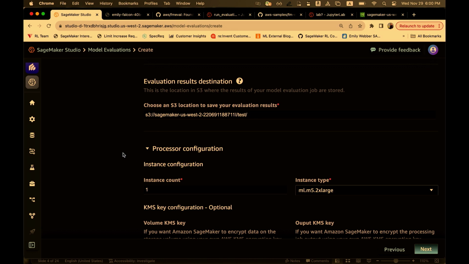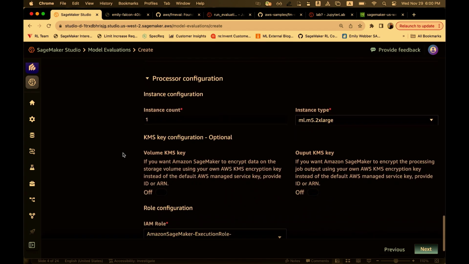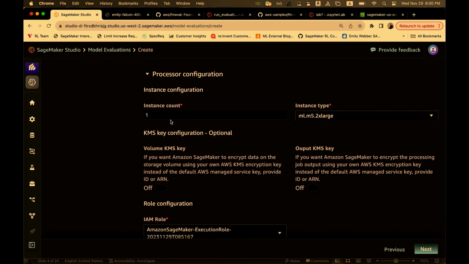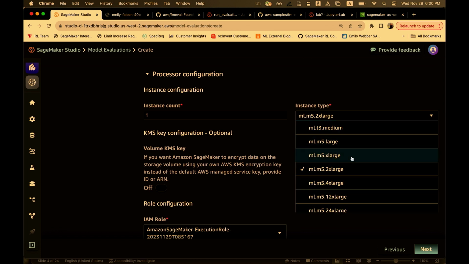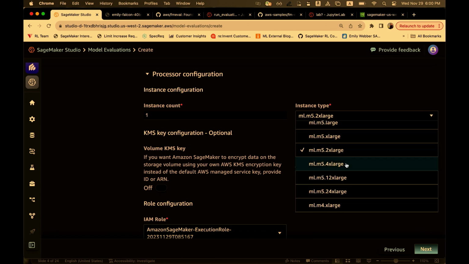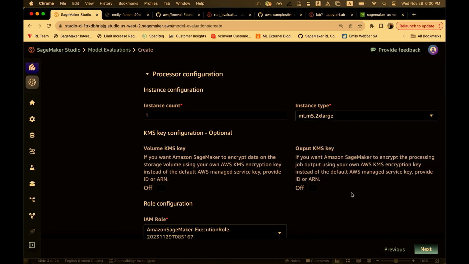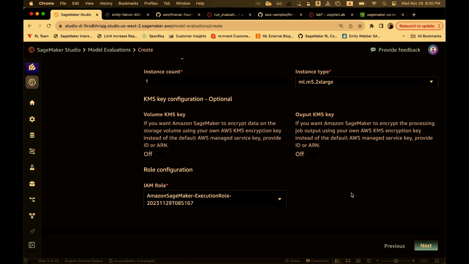I will see a PDF report, I'll see a markdown file, and I'll see all of the configuration data, in addition to, of course, the input data when I'm bringing my own. And then I'll set up my processing job. This is a smaller data set, so I'll use just one instance, in particular the M5.2XL. If I were working with a larger data set, I would simply increase this. So you can bump this up to the M5.4, maybe the .12 if you're working with something larger. All right, great. We'll take questions at the end.